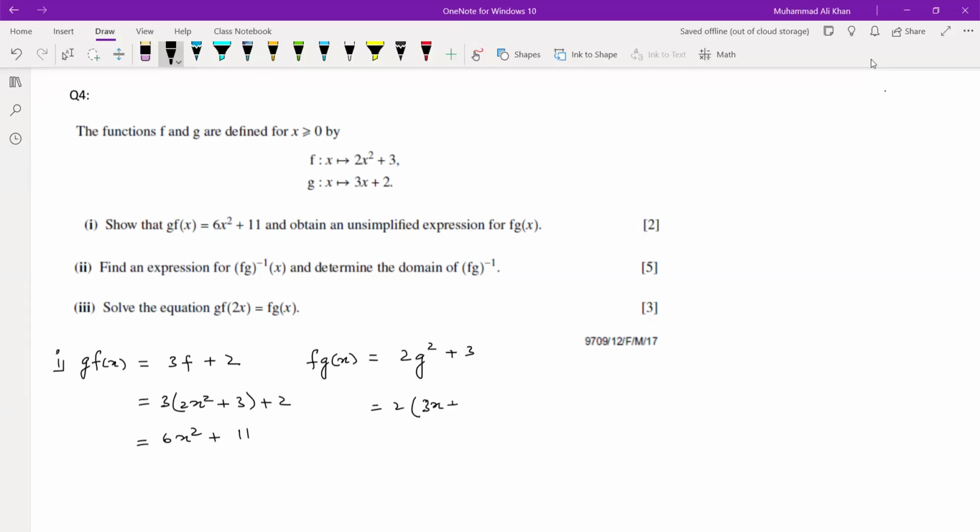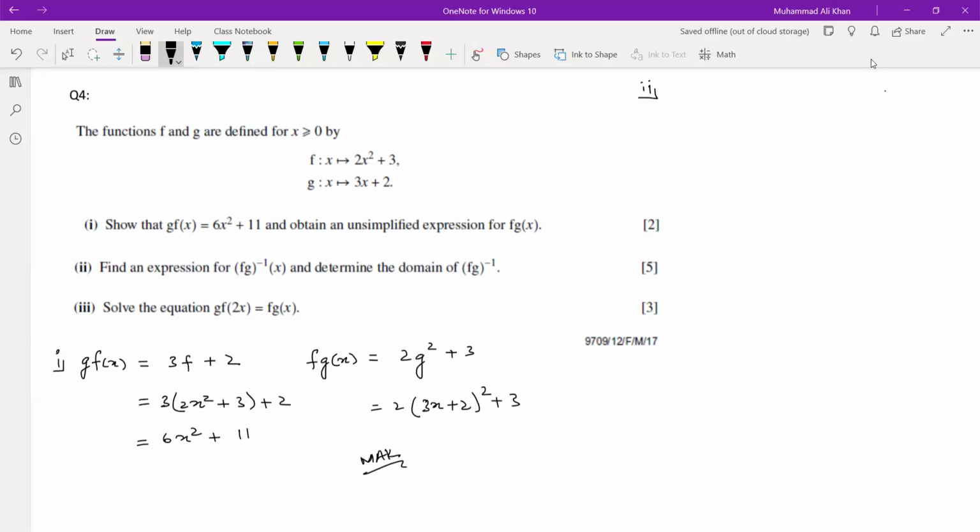3x plus 2 whole square plus 3, unsimplified form. इसी form में रहने देना है. Right? So this is part 1. And after that, in the second part,